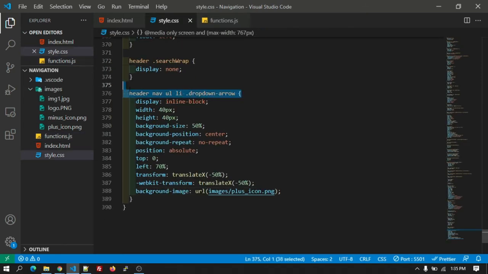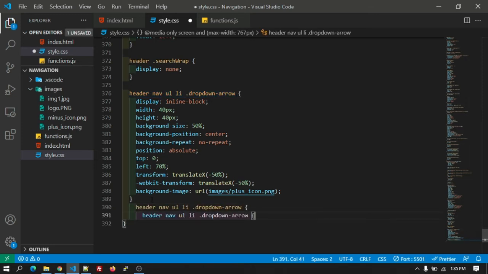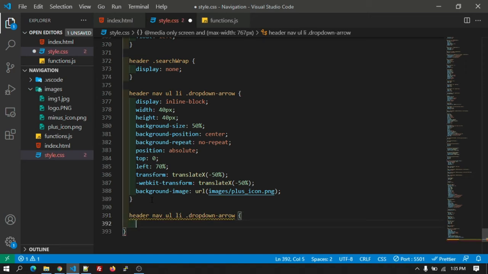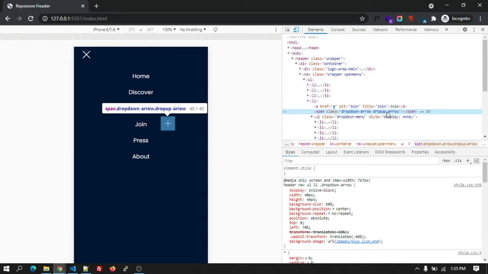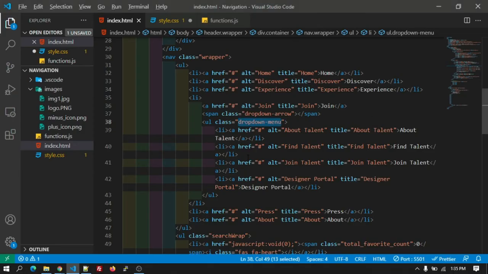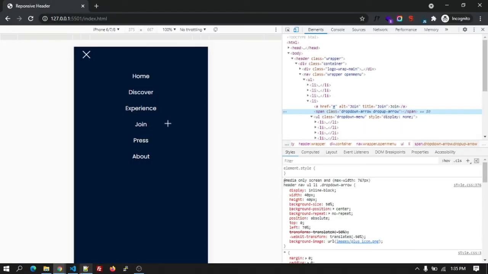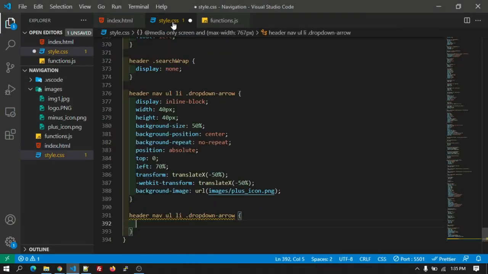Okay, let's copy this of the dropdown arrow. Let's paste it over here. So the class will be dropup arrow. Let's copy it from here, go to the style.css and paste it over here.